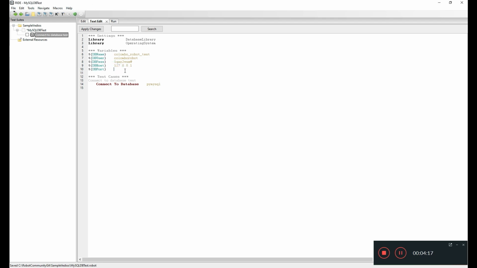Now I have filled out all the variables, and I'm going to use these variables in my connection string. When you are adding these variables, please add the database name first, then username, then password, then host, then the port. Now our test suite is ready to connect to the given MySQL database, but we need to